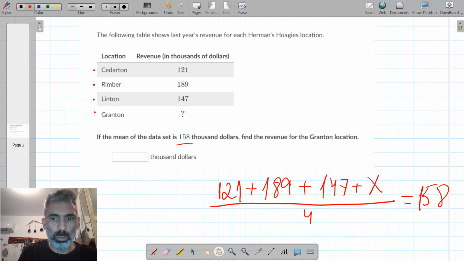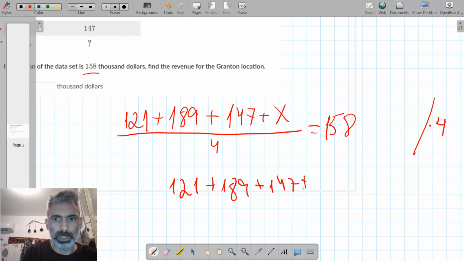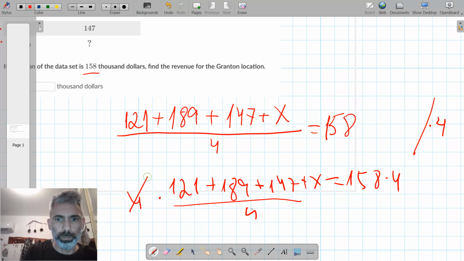Okay, now we have to isolate the x. So the first thing we do, we multiply both sides of the equation by 4 to get rid of the denominator. So 121 plus 189 plus 147 plus x equals 158 times 4, and here divided by 4 times 4, so 4 cancels 4, so we are left with